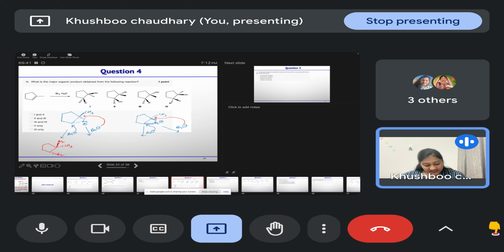So here are the two products that are possible. Sorry, they are doing that reaction in water. So now, because the carbocation that is generated is surrounded by water, the chances of attack of water are more, so water will participate in the second step. If this same reaction takes place in DCM, then bromide ion will attack, but because this reaction is taking place in water, which can act as the nucleophile, water will participate in this reaction.